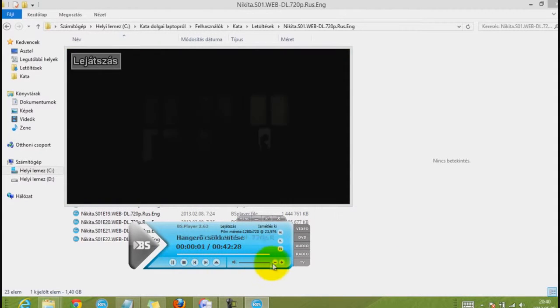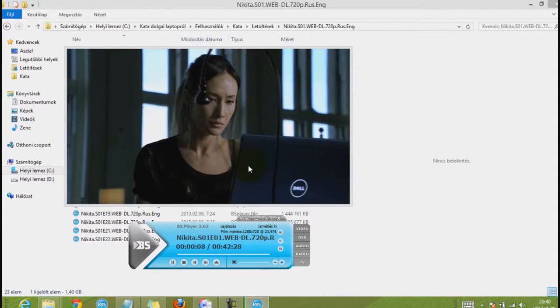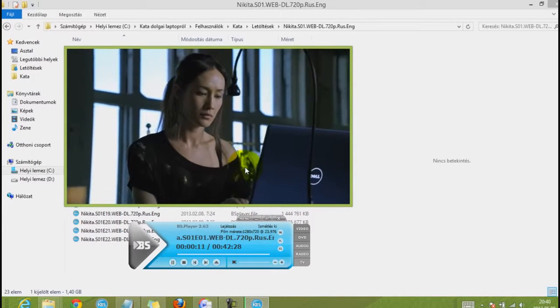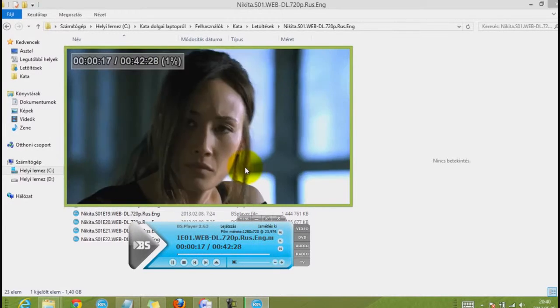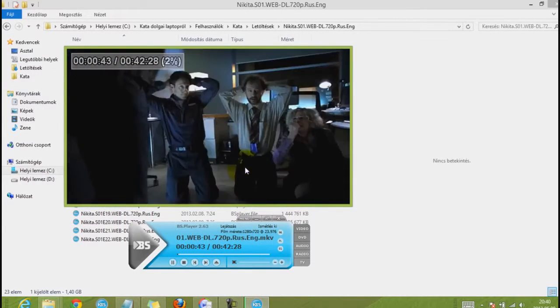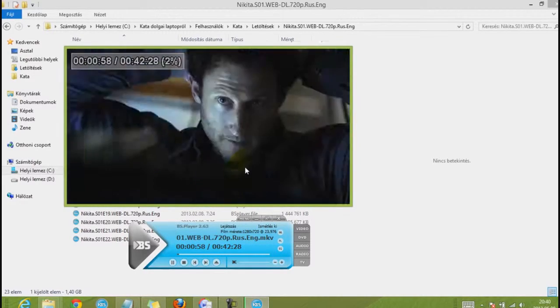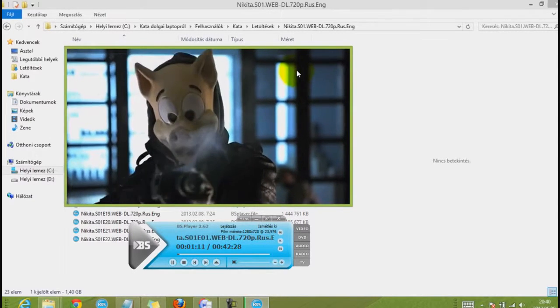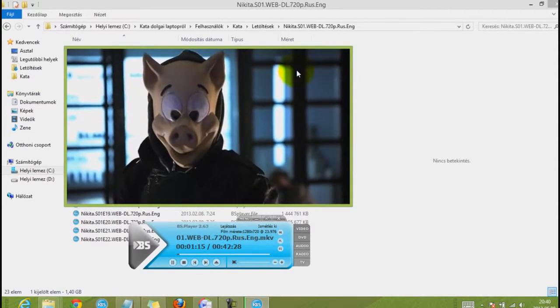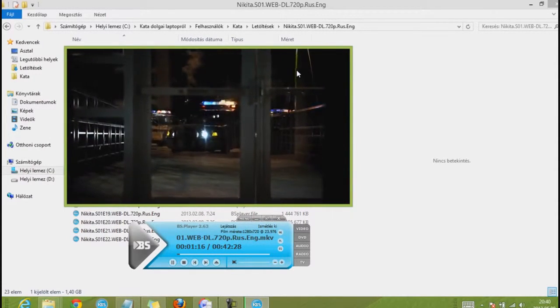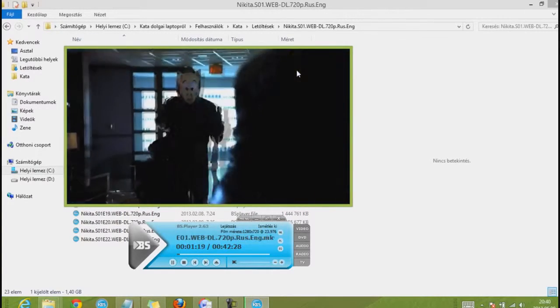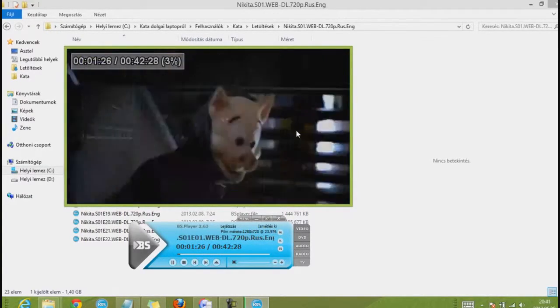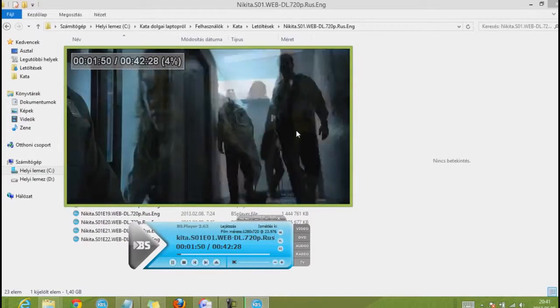Alright, so I'm going to click play. And then with my arrows on my keyboard, I'm going to click the right arrow. And with this, I can see when a scene starts and when it stops. In this case, I'm going to look for scenes with Alex and Michael. And this is the show Nikita, which everyone should watch because it's so underrated and it's such an amazing show and I love it. So I'm going to look for scenes